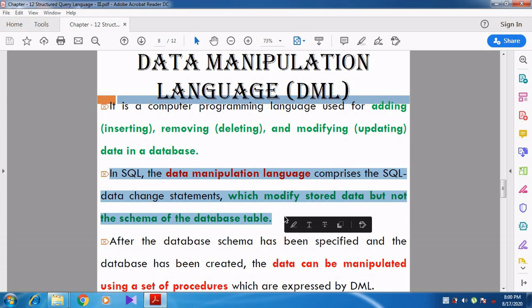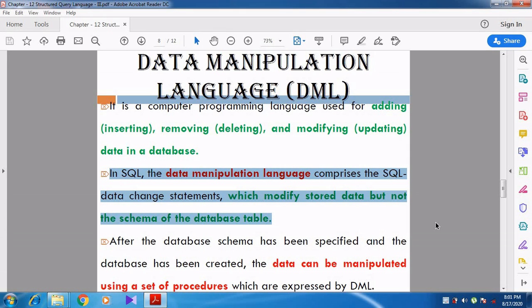In SQL, DML comprises the SQL data change statements, which modify stored data but not the schema of the database table. So a very important thing: using DML, we cannot modify the structure of the table. Simply we can modify the data which is stored already. So the existing data can be modified.